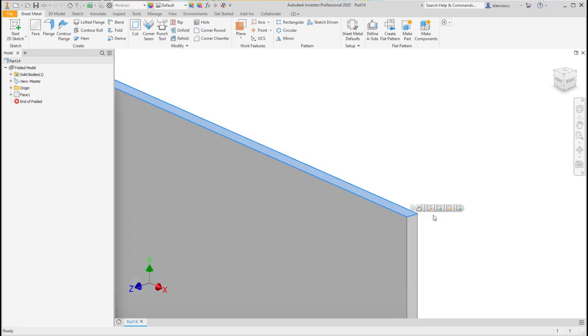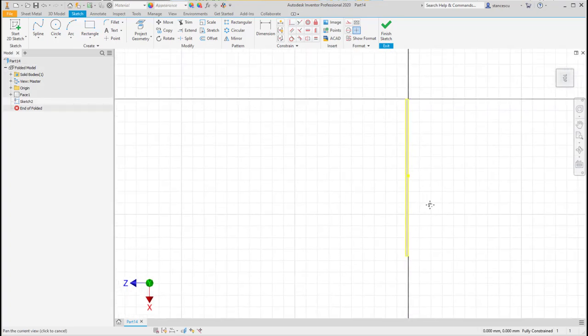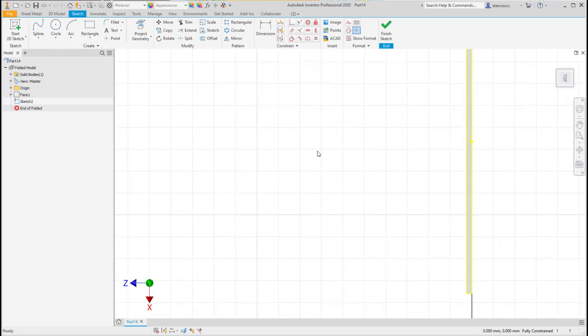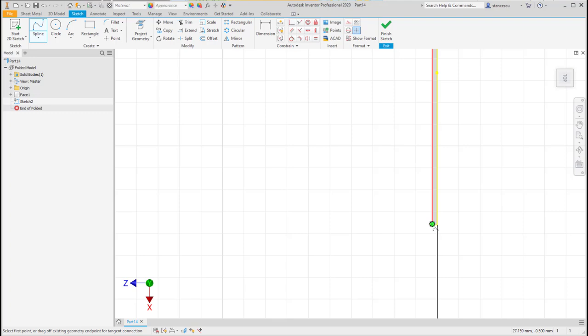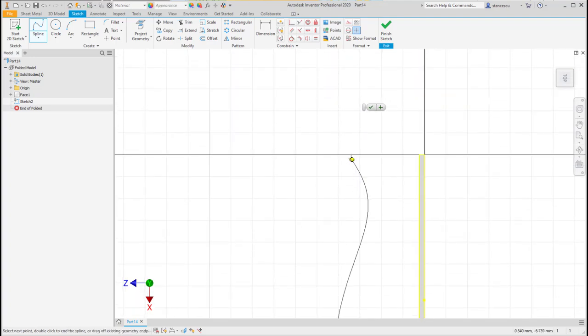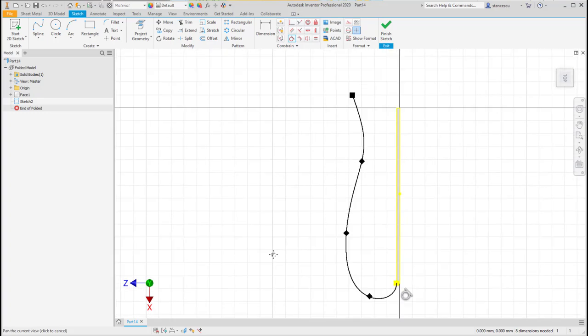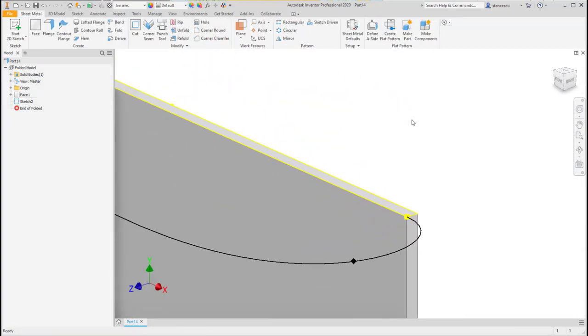Now I select this side, and I start a spline interpolation with this shape, very interesting shape. Here I'll make it tangent, this to this, finish sketch, home,